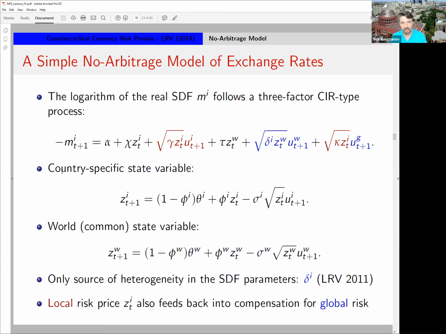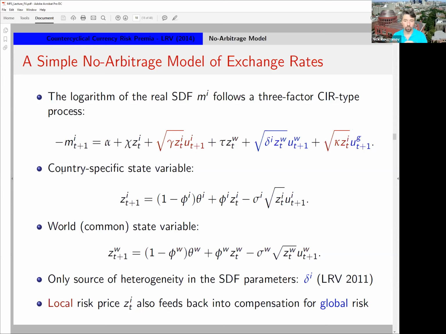We think of this as a convenient qualitative device, and when we are taking it to the data, we're making sure that the probabilities of those zero bounds being breached are negligible, so that you can simulate and estimate stuff. I'm not going to go to that quantitative part today at all. I'm only going to talk about qualitative things anyway. So what we try to do is to write down a minimal stochastic discount factor that has the least structure necessary to explain the facts that we had